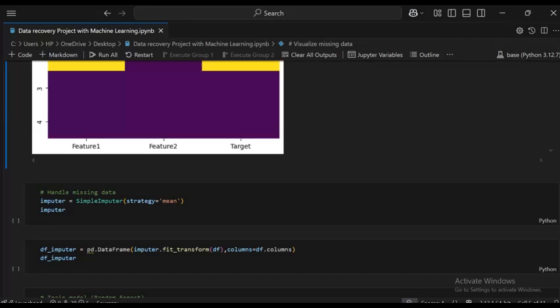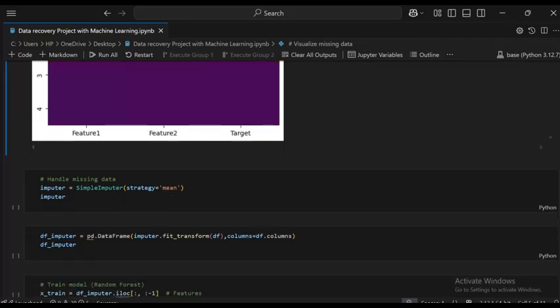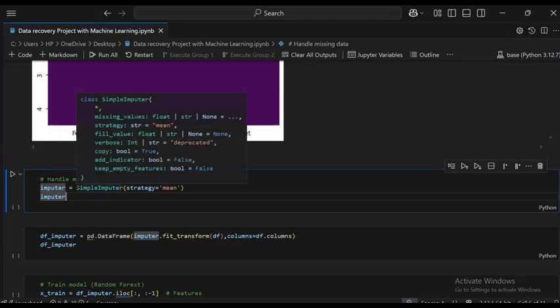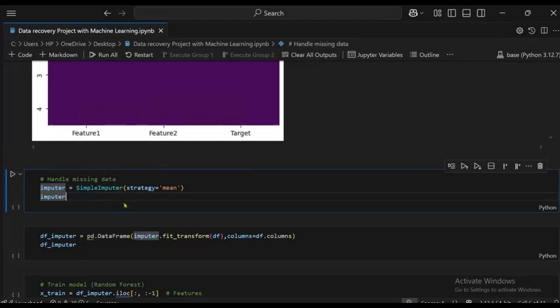Now fill the missing values. I take the variable name imputer, you can take anything, where I pass SimpleImputer and create the method, then strategy equals mean.